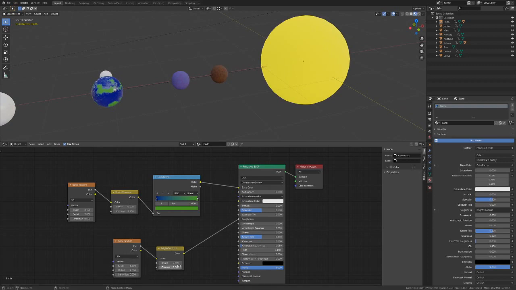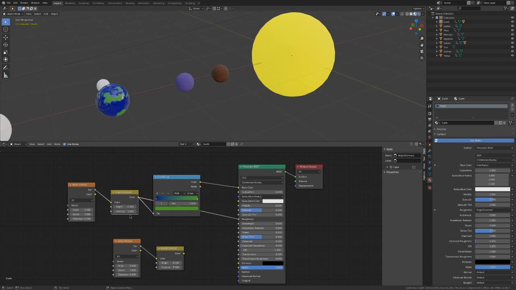The reason why I duplicate them, I could have achieved the same effect if I had dragged from here and into the roughness channel, because it's exactly the same parameter. But if I have another network, it means that I can edit these bits without changing the color, so I will change only the noise that is used for the roughness. Right now they have exactly the same settings, so they will work in the same way. But let's say that I want just to change the contrast and the brightness, but I don't want to change the noise type. I can also do this, sharing